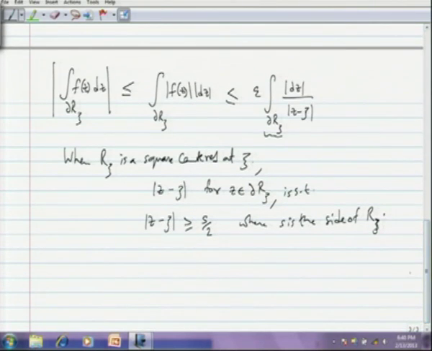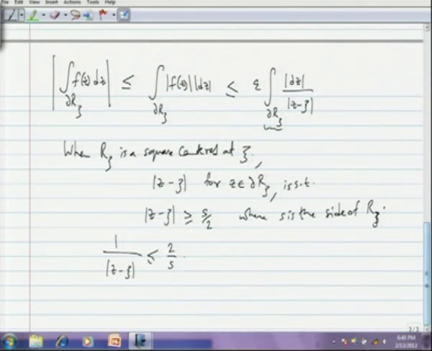So, when this occurs, 1 by modulus of z minus zeta is less than or equal to 2 by s. So, the integral of modulus of dz on the boundary of R zeta divided by modulus of z minus zeta is less than or equal to 2 by s times the integration over the boundary of R zeta of